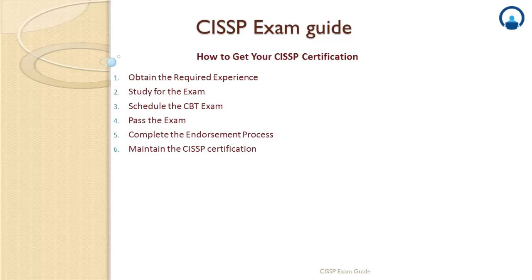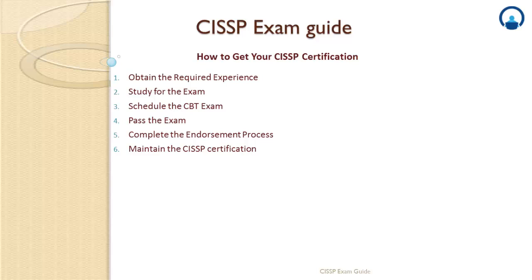These are some steps that you will have to understand before you start with the CISSP certification process, and these will help you to gain the certification. First, you have to obtain the required experience. Only candidates who have a minimum of 5 years of full-time work experience in any of those 10 domains of information security that we saw can get the certification. So for obtaining the certification, you will need a total of 5 years of full-time experience in the area of implementation of information security.